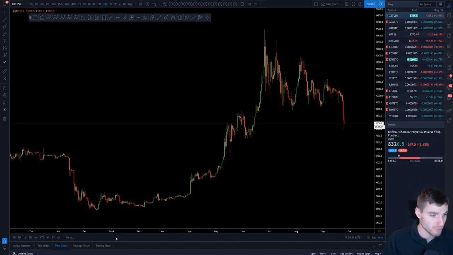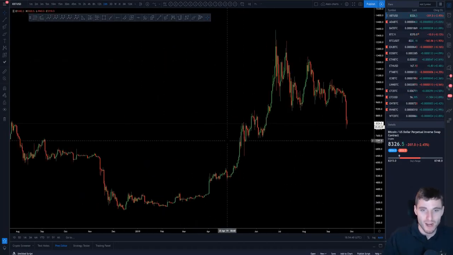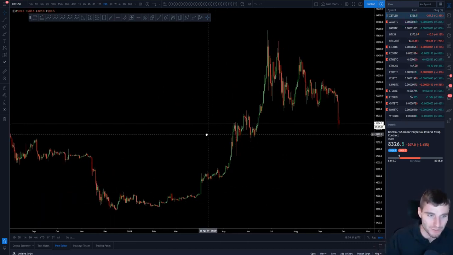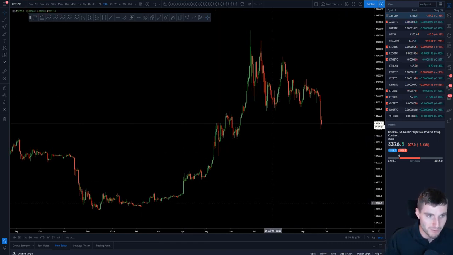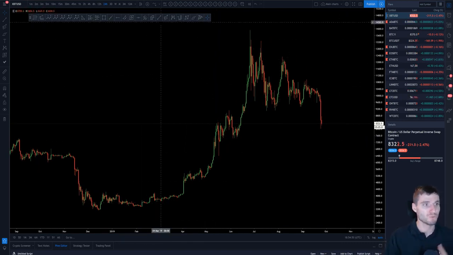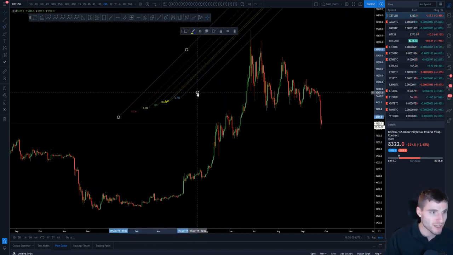really nice example. Okay, so this is Bitcoin. Again, like I said at the start, I want to see this on big time frames. Big time frames is when I like using this. So this is really clearly a big time frame, we can all agree. Okay, so what we're doing here, let me first show you the